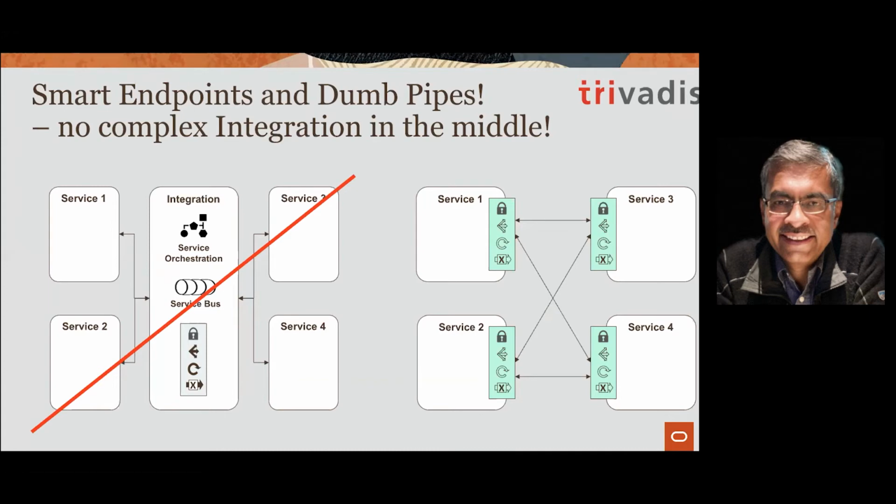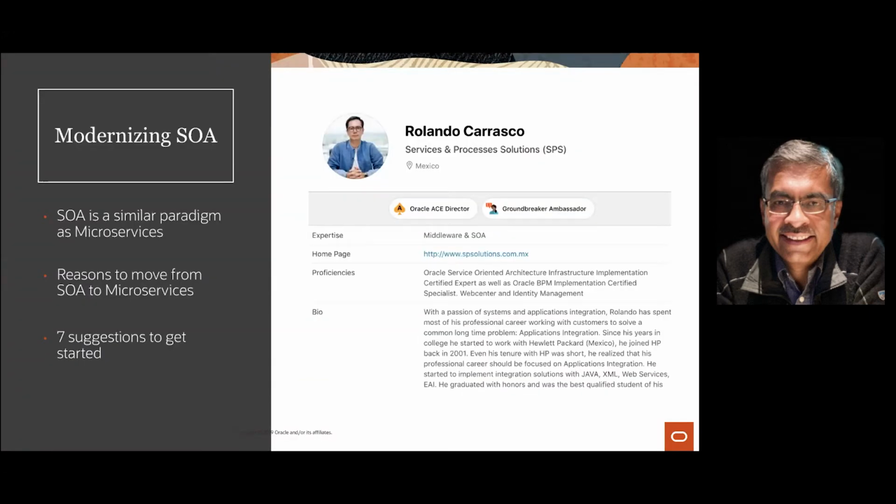And of course, there are folks who are thinking about SOA, right? And is it a similar paradigm as microservices? Are we already doing some microservices? Or is it micro or macro, right? Because there was always this thing about whether it is one individual doing its own bounded context, or a team doing a bounded context, right? So there is some of that stuff. Reasons to move from SOA to microservices. We see customers. I know Rolando sees customers, Guido sees customers, and then some suggestions to get started on that journey, right? So Rolando, take it away.